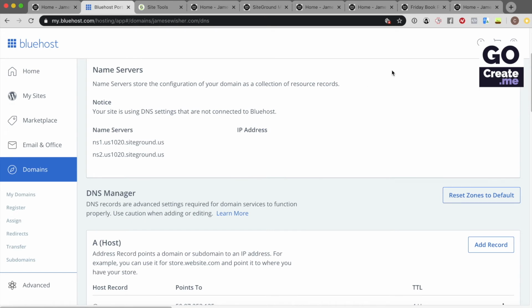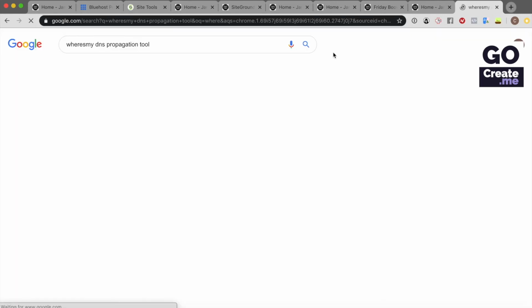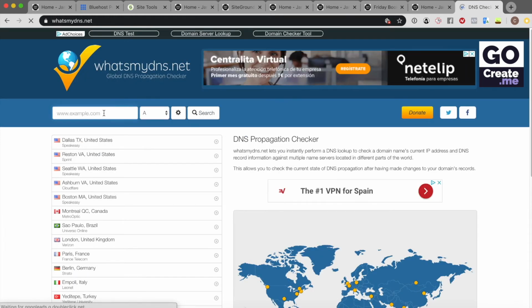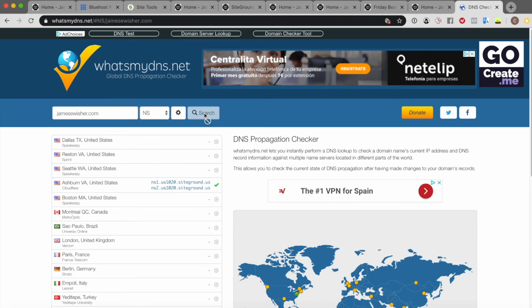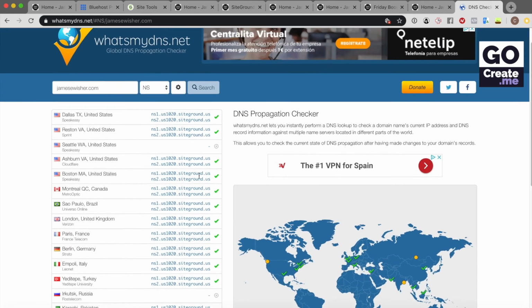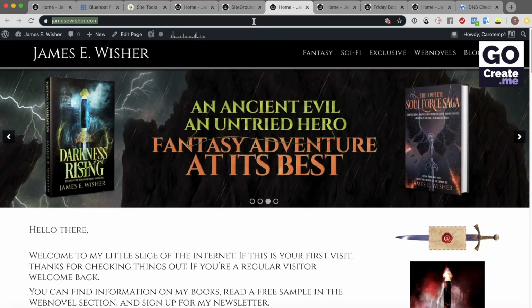And you can also monitor that. If you Google, where's my DNS? You will find various DNS checkers, but I'll just pick the first one here. And then if I put jamesewisher.com, and I'm looking for the name servers NS, and I do a search. Already it's telling me that it's propagated in most of the places here. So this is not showing you all the servers in the world, obviously, but we see that it's happening really fast. So if I type in James E. Wisher now and I refresh it,